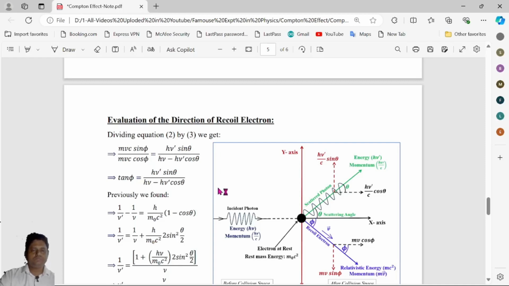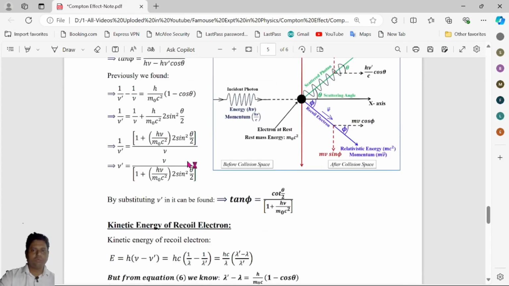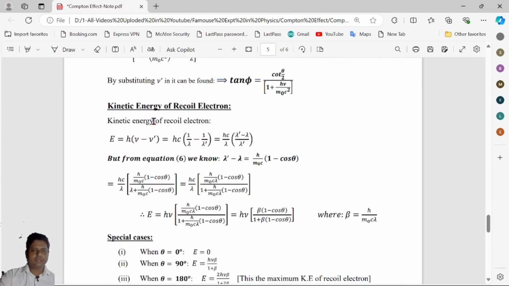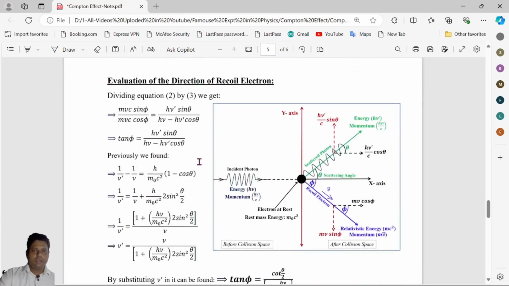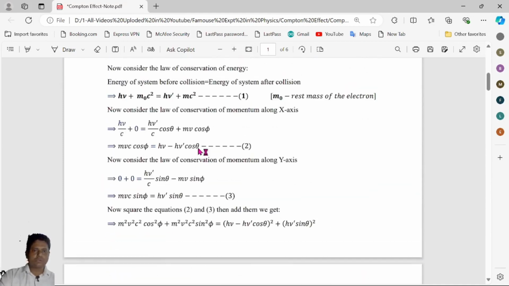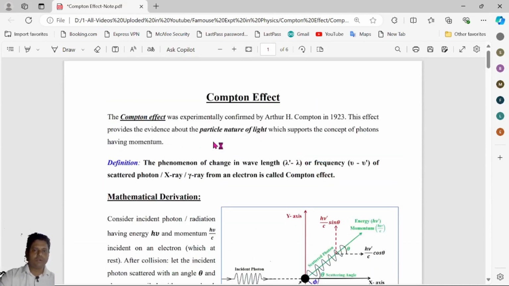Okay, hello everyone. In this video, we are going to discuss evaluation of the direction of recoil electron. That means we have to find out the value of phi, and then we are going to discuss kinetic energy of recoil electron. In our last class, in detail, we discussed the mathematical derivation of Compton effect, and